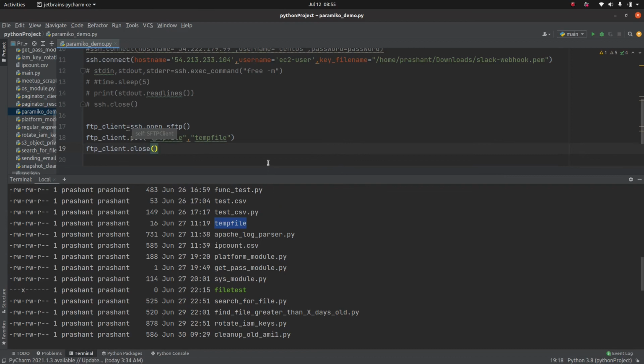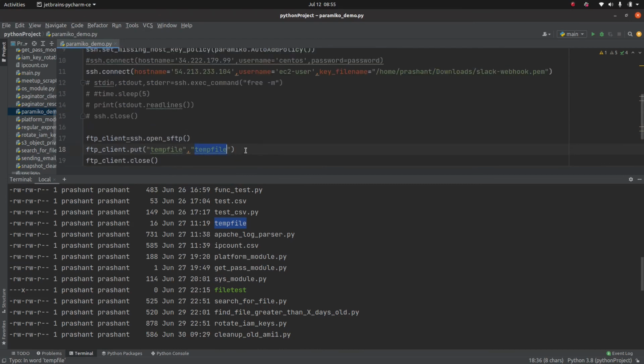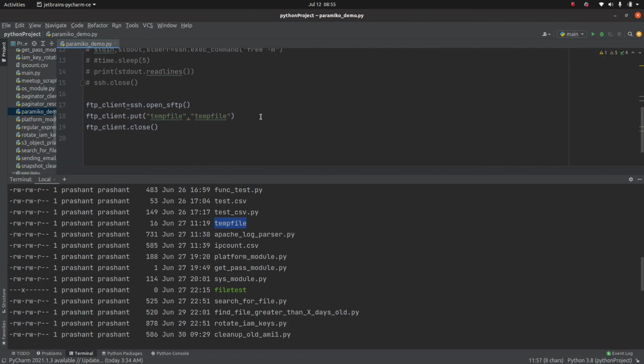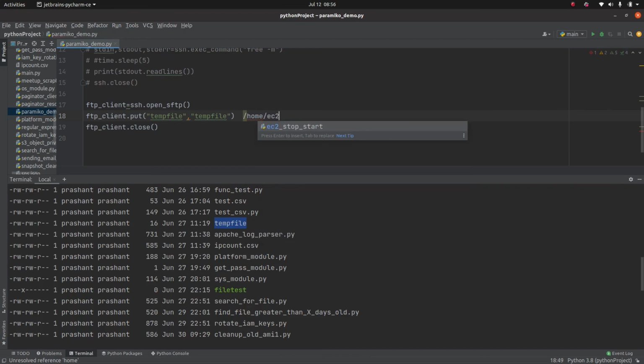So what I am doing is I created this FTP client object, and then I'm trying to put a file called temp file from my current location to the temp file on the remote location, and the remote location is going to be built based on this username. So this will be populated at home slash ec2 slash user slash temp file, or you can specify your own location.